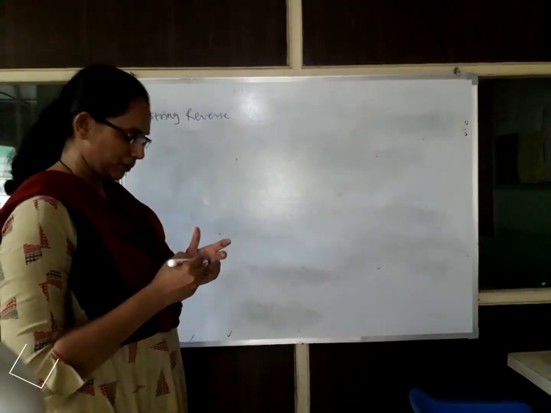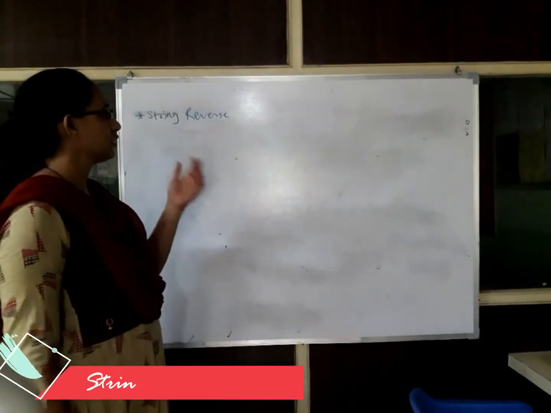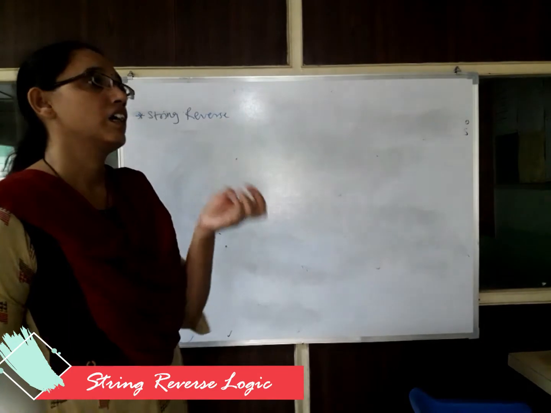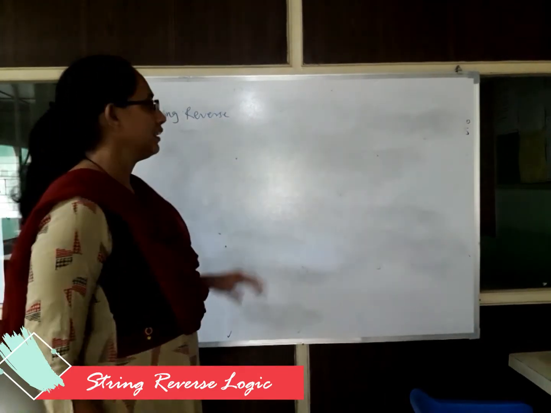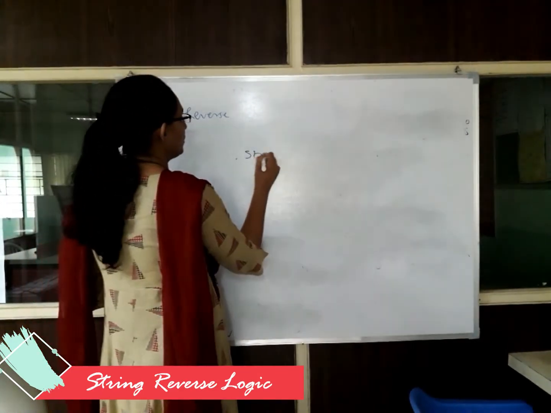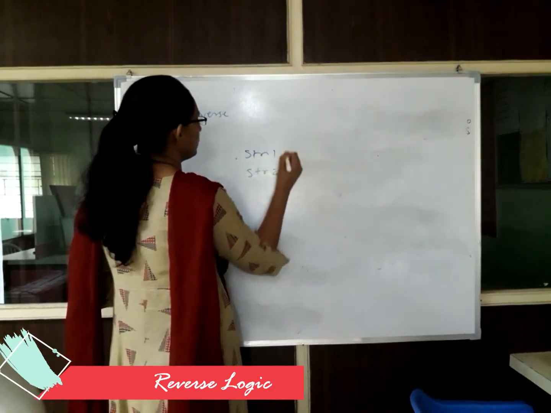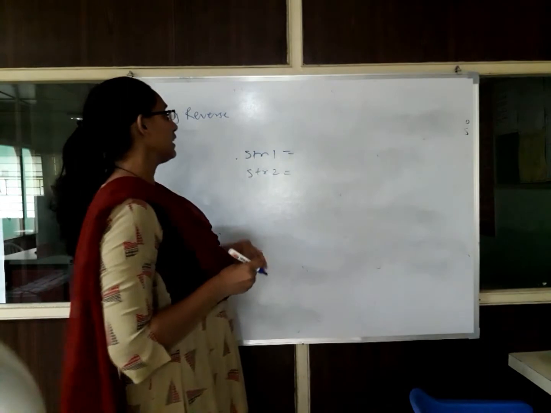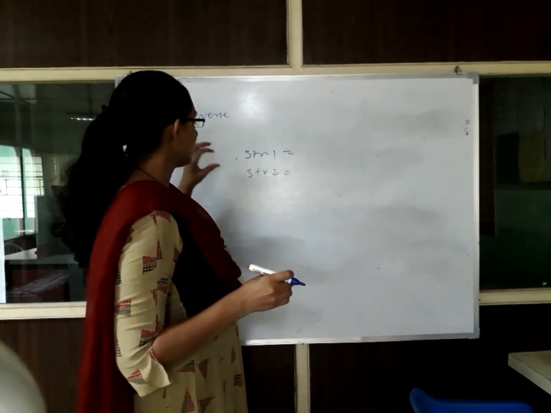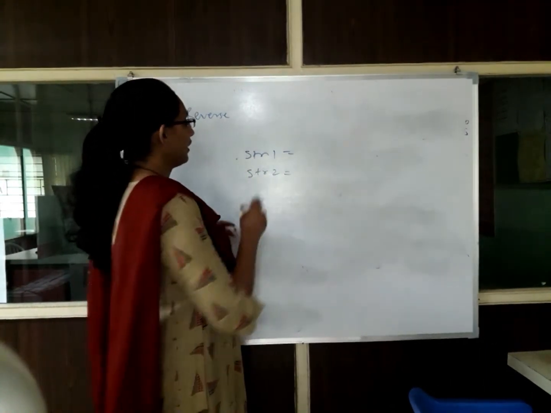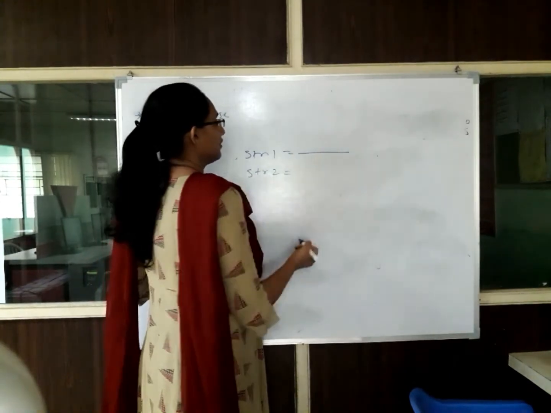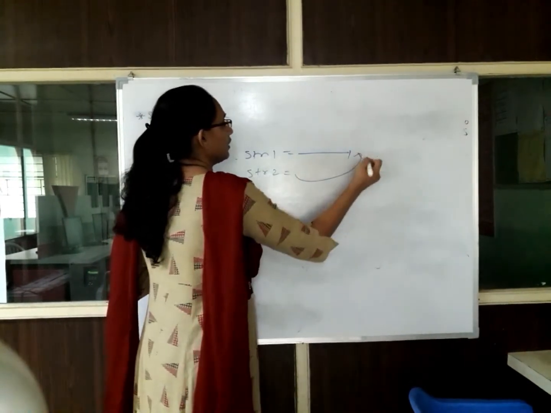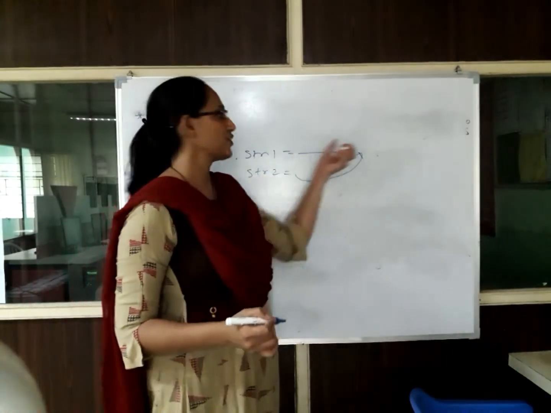Into the next operation, that is string reverse. In the previous operation we have seen string concatenation. In that we have seen that two strings are there, string 1 and string 2. There are other possibilities also. You can try those possibilities also. In that solution we traverse string 1 and at the end of string 1 we concatenate string 2.